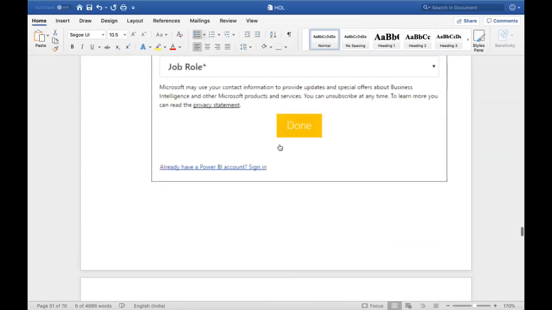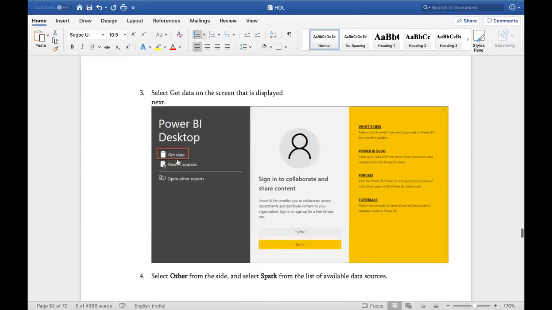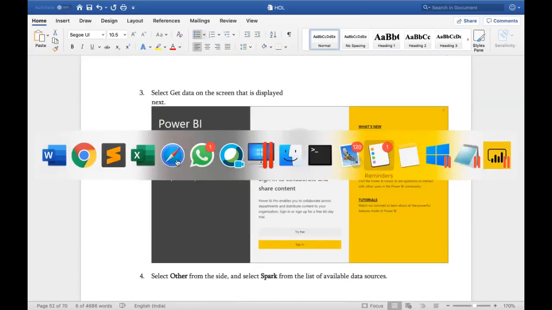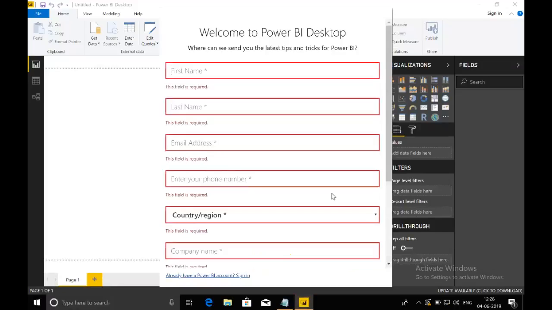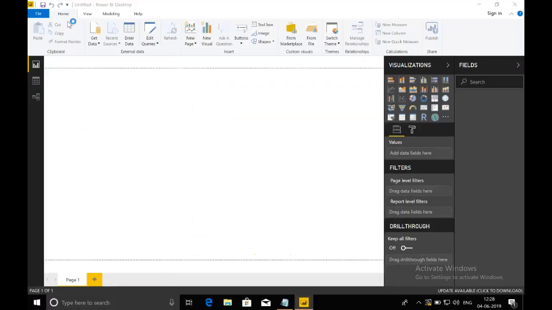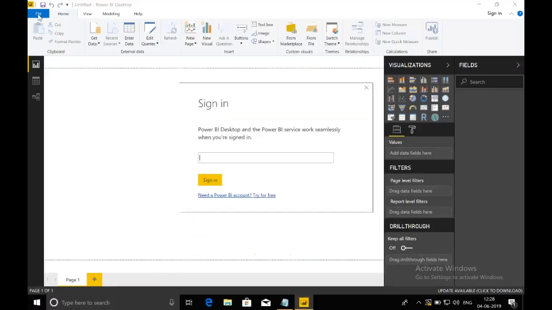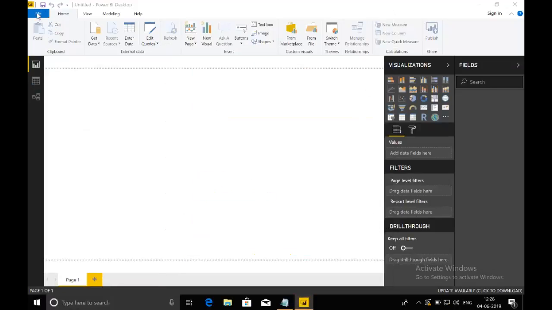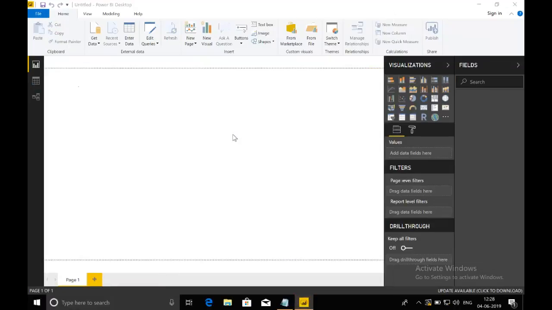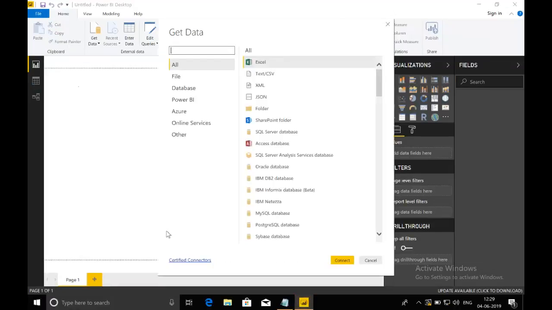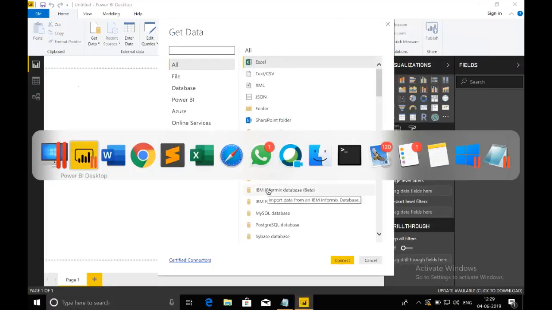We'll go and get data. Let me go to my Power BI Desktop here. Sorry, I have a lot of things on my plate. File, get data. After getting data, I'll go with the documentation.